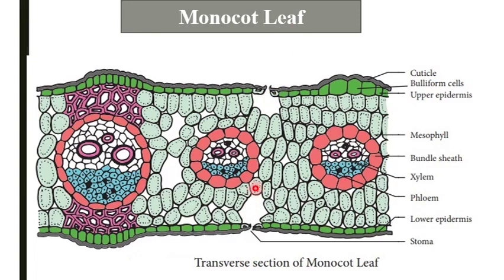Now we can see the upper epidermis. The upper epidermis is a single layer of cubical shaped cells with no intercellular spaces in between them. The outer surface of the upper epidermis cell is covered by a thin layer of cuticle. A few cells present in the upper epidermis are enlarged to form motor cells like this, referred to as bulliform cells. These cells help the leaf to roll over themselves in order to reduce the surface area exposed to sunlight during the hot season.